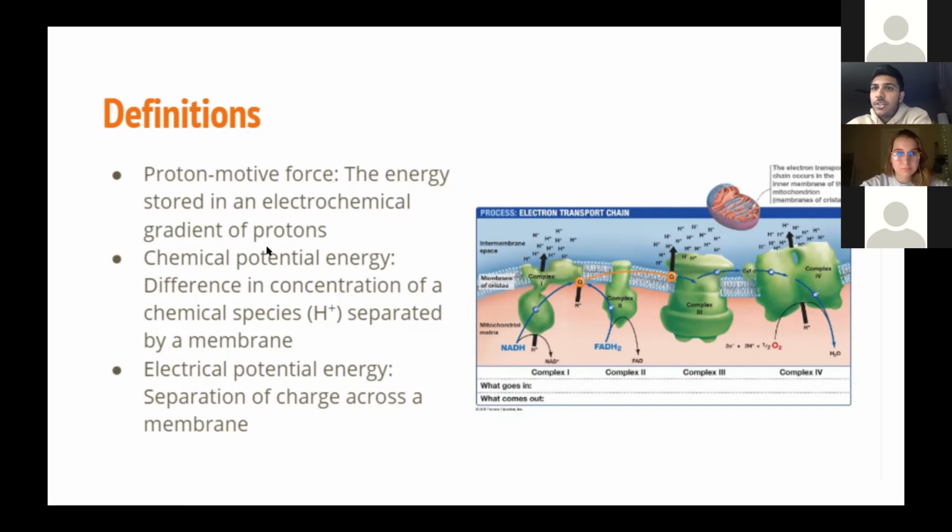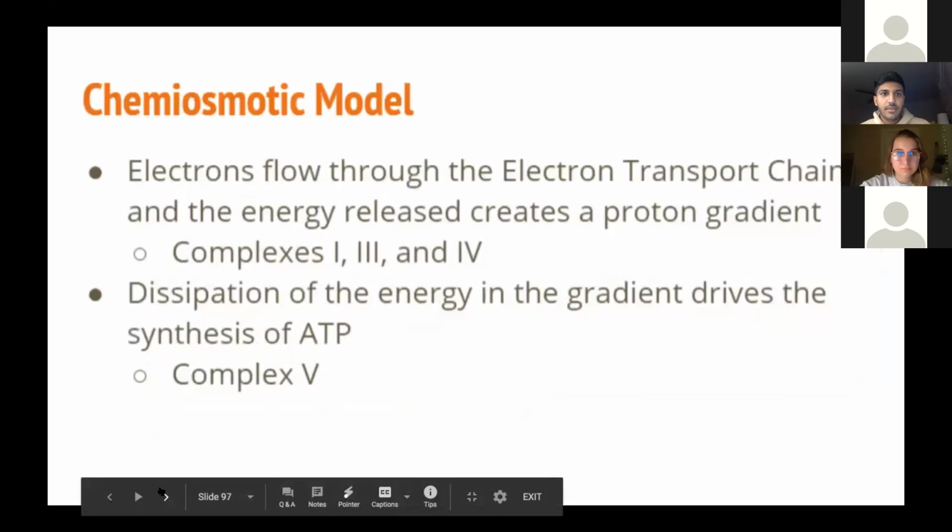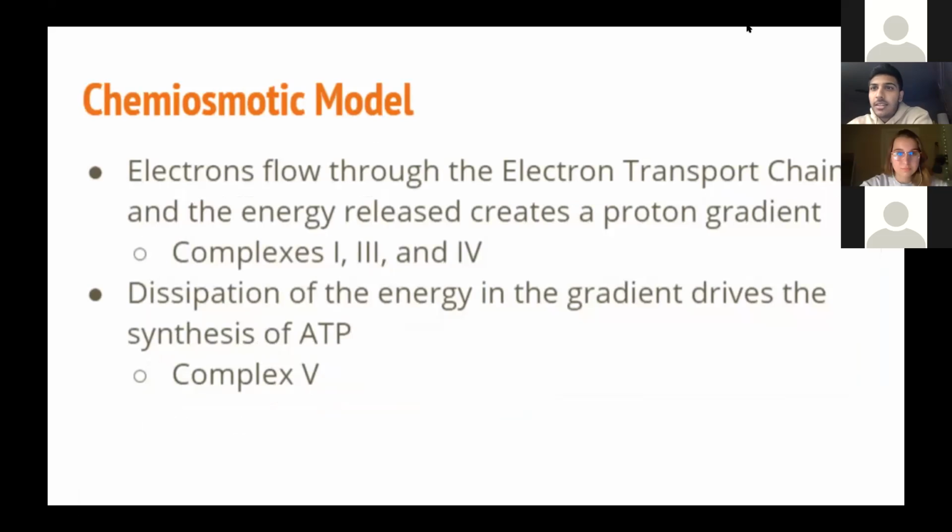So I would know the definition of this, and then also the chemiosmotic model. That's something that's also frequently tested. I believe, yeah, this is the slide. And so the chemiosmotic model is basically what I've been talking about for electron transport,